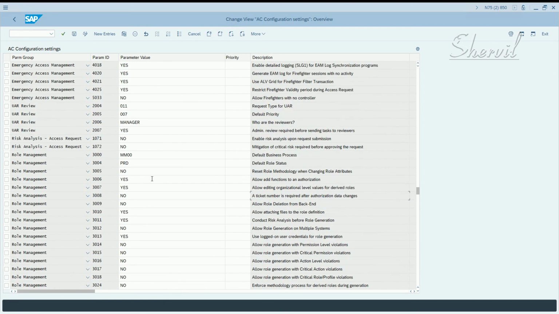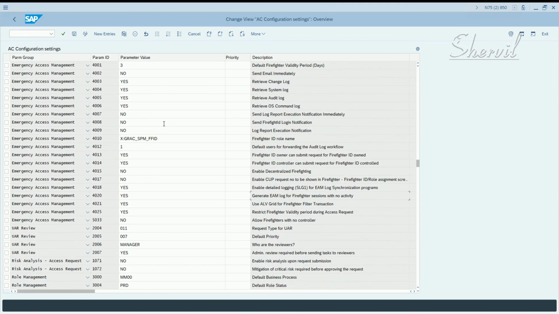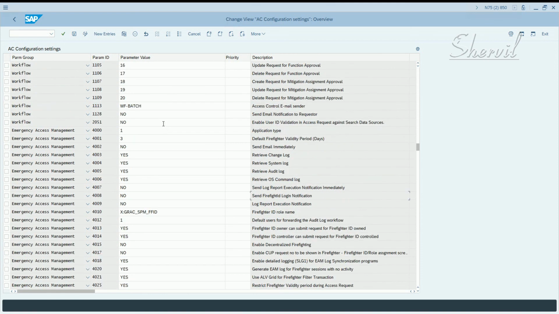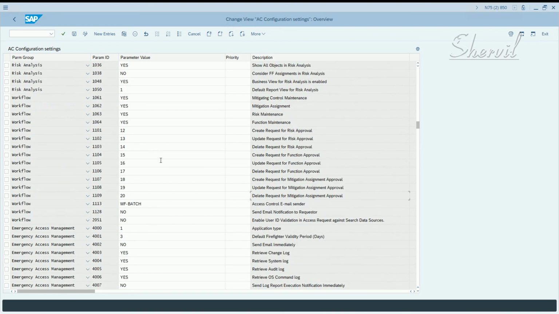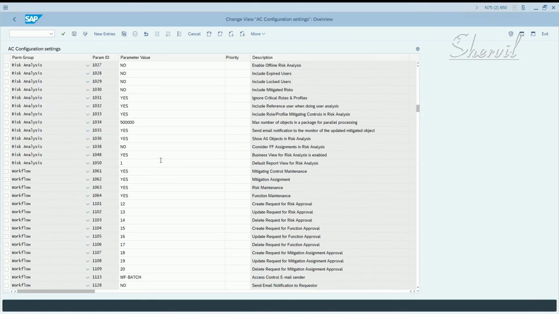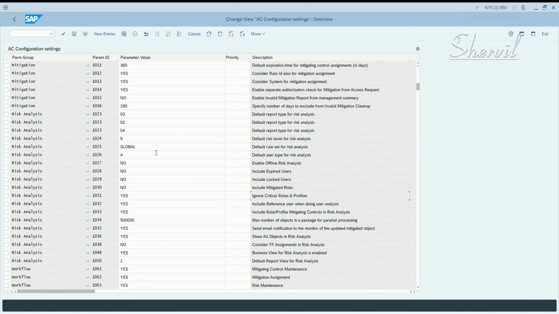Similarly, in this case, when we tried to do the risk analysis, if you observed, the rule set that was automatically displayed was global. That is because we changed the value in parameter 1025 in risk analysis. That's why you saw global in the rule set by default. Okay. In earlier examples, it was something else.